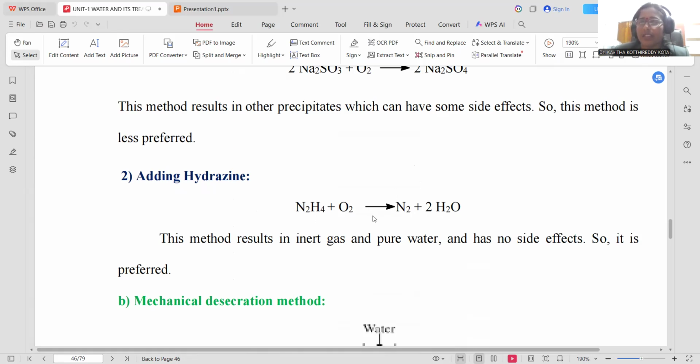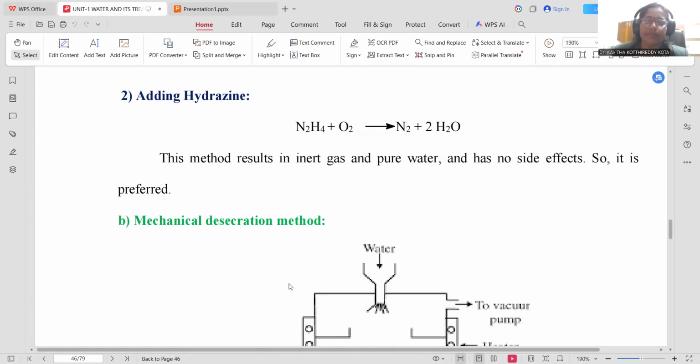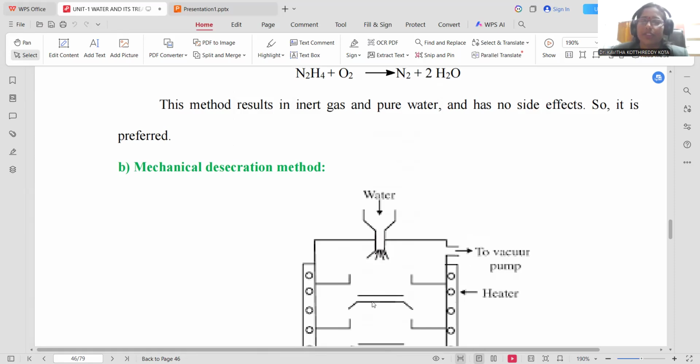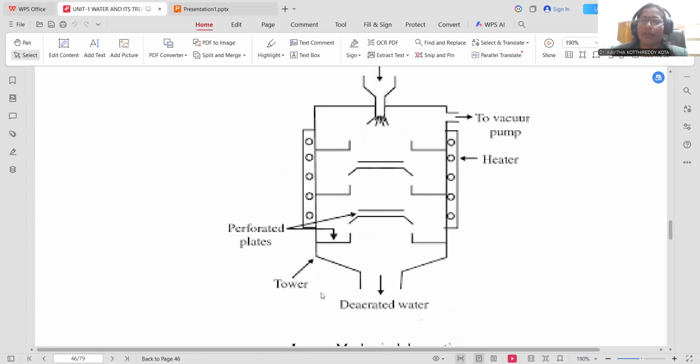Water may not cause any adverse effect within the water. This is a more preferable method, and without any side effects, you are removing the oxygen present in the water of the boiler. And another most efficient and commonly used method is the mechanical deaeration process, where we are applying machinery having a